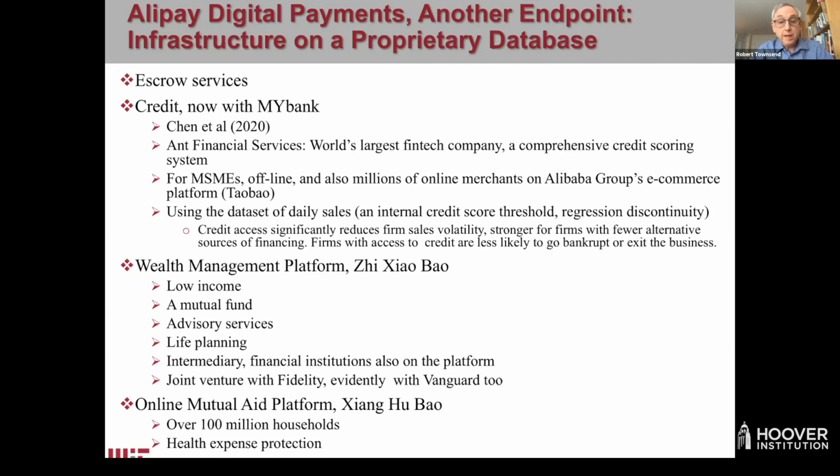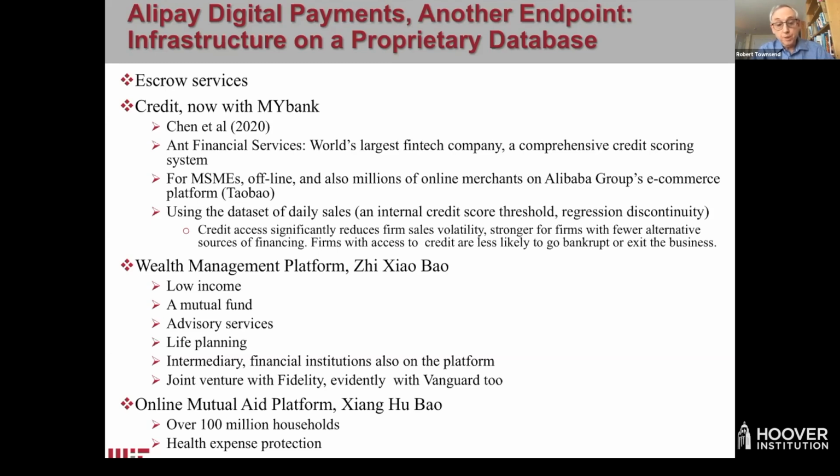It is now well known for its credit, and more recently with my bank, in a paper in 2020, Chen and co-authors actually had permission to look at the database, and they could see Ant Financial's comprehensive credit scoring and the data from micro, small, medium enterprises offline, and also a somewhat larger, but millions of merchants online in Alibaba's